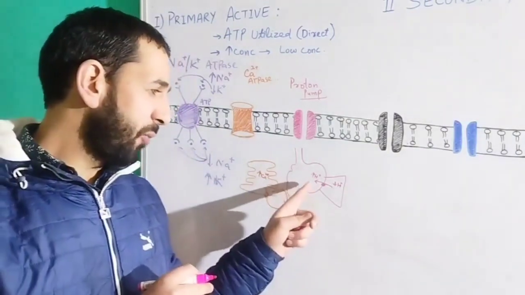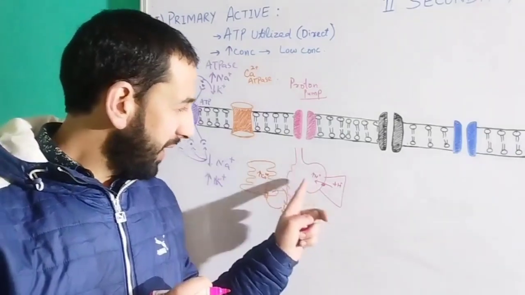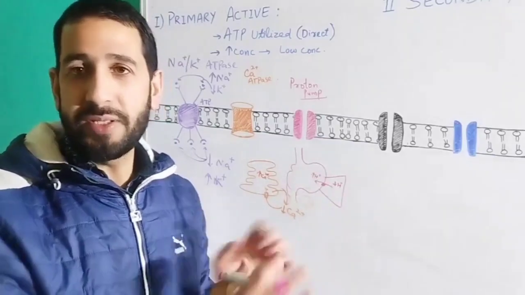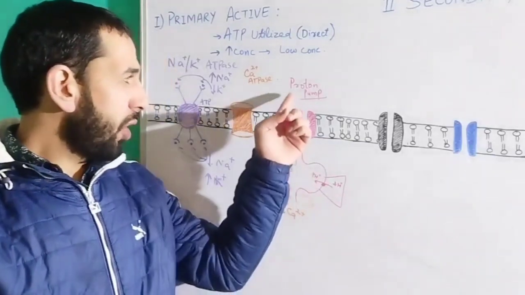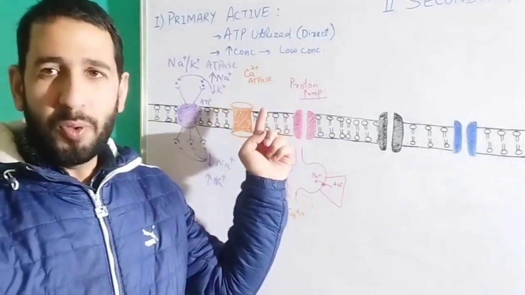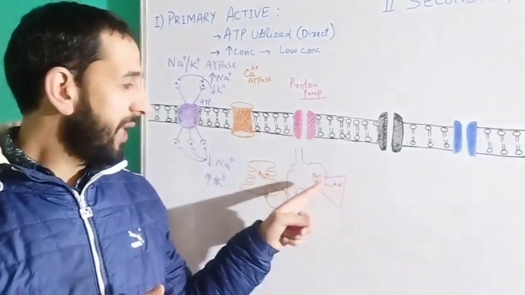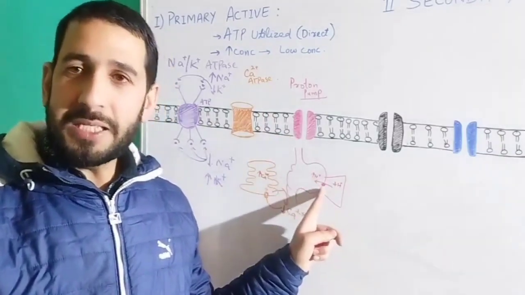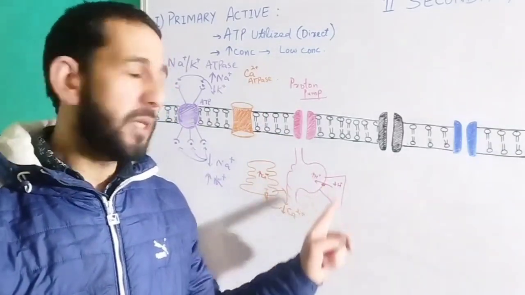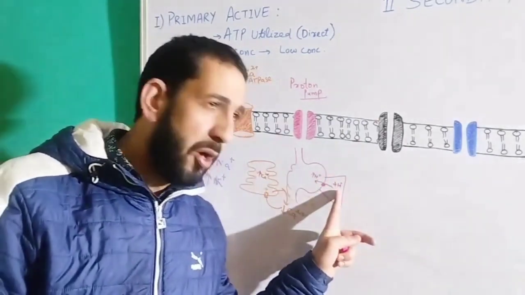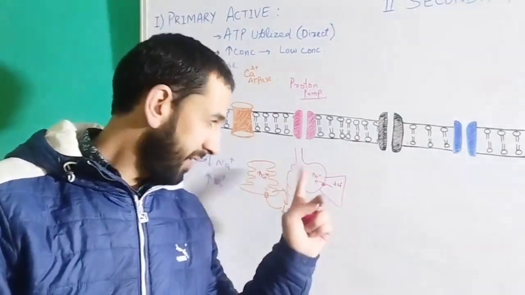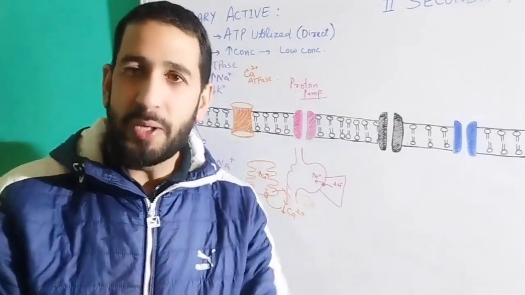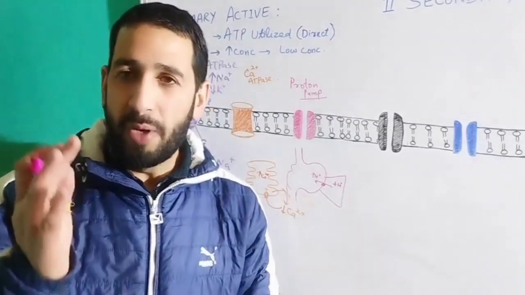It actually has one more job to do. It also transports the potassium ions from the lumen into the cell, again from low concentration to high concentration. So it is also called the proton potassium pump or proton potassium ATPase. Right. So it is utilizing the energy directly, utilizing the ATPs directly, and it is transporting the protons from inside of the parietal cell to outside in the lumen of the stomach. Or we can say it is transporting the protons from inside to outside of the cell membrane, from low concentration